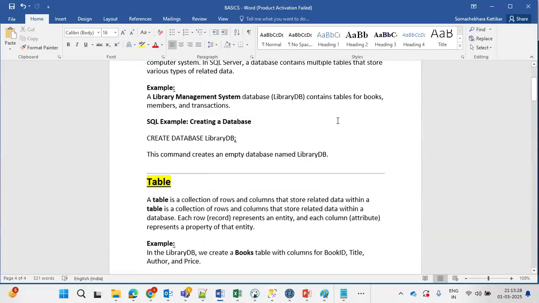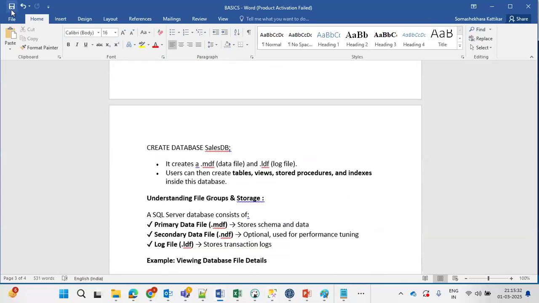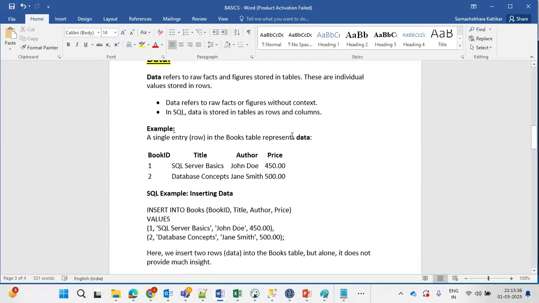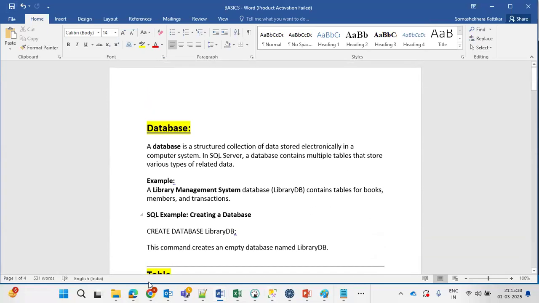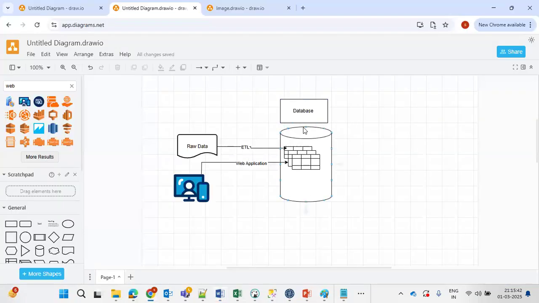What is a database? What is data? What is a table? What is a row? So that you will be perfect. And I am going to share this document with you all for the basic things. First of all, yesterday we discussed that this is our database, and the data is going to be stored in the form of